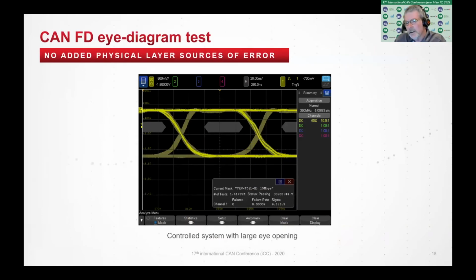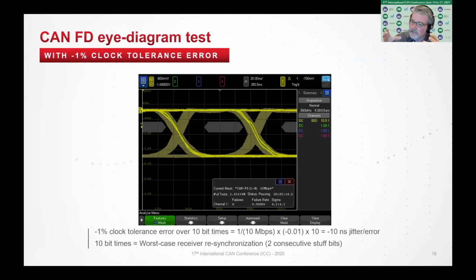So let's look at some examples of eye diagram measurements I performed. This is on actually a 10 megabit per second system. This is a 2-node evaluation board I have. And this is a very clean eye that we have right here. And by the way, you can see the pass-fail mask is shifted slightly to the left. This is because I had a 60% sample point. So what I did with my system next is I forced it to have a clock tolerance error